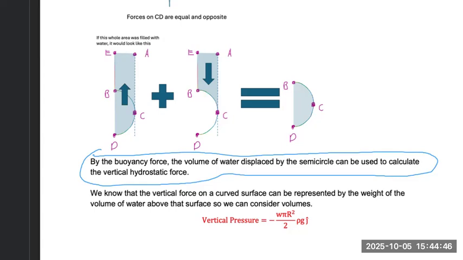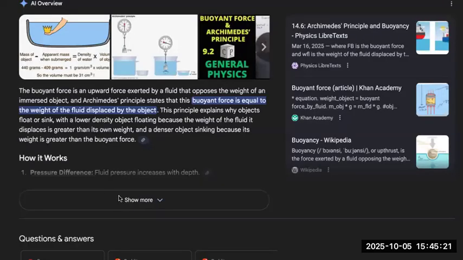Because basically, what buoyancy is, as we see over here, the buoyant force is an upward force exerted by a fluid that opposes the weight of an immersed object. And Archimedes' principle states that this buoyant force is equal to the weight of the fluid